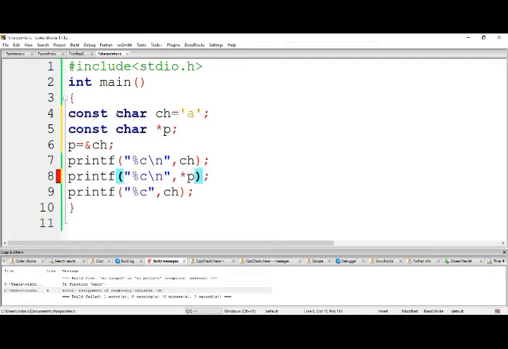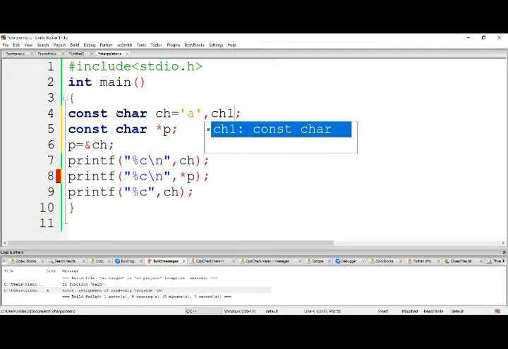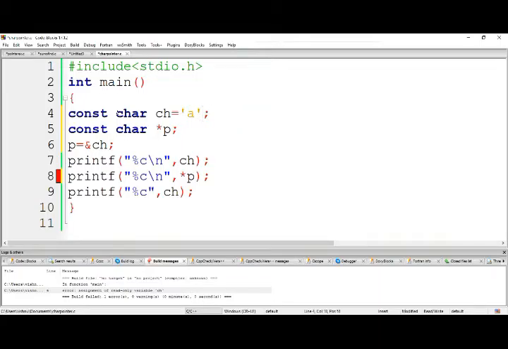Let us apply star p here. Next, let us introduce one more variable ch1 equal to, in single quotes, e. It is not a constant value.